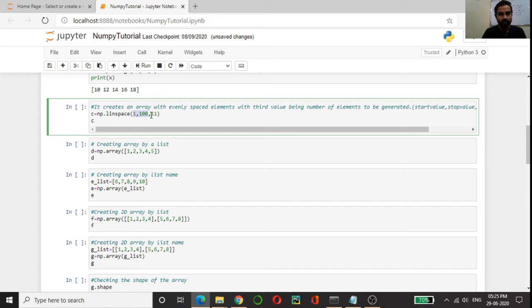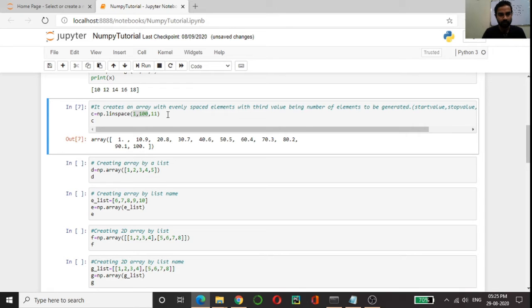So here we are just creating 11 elements between 1 and 100, and those elements will have an equal difference between them. So we can just show you. As you can see, all are having equal difference from the previous ones.